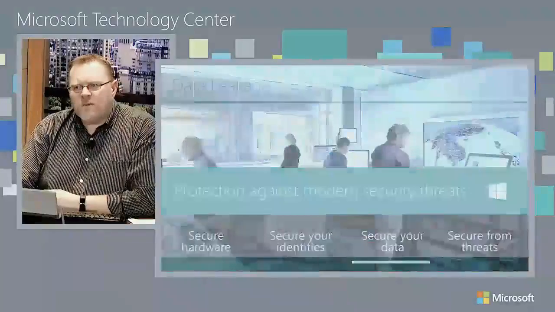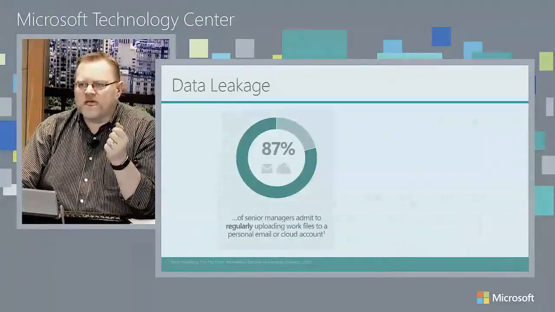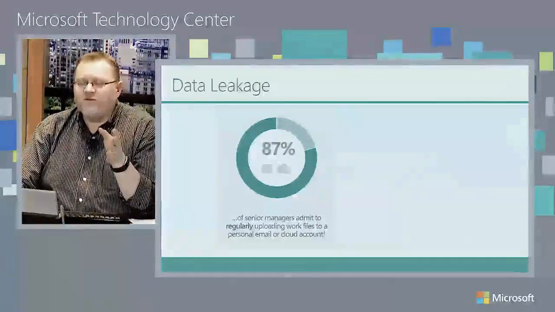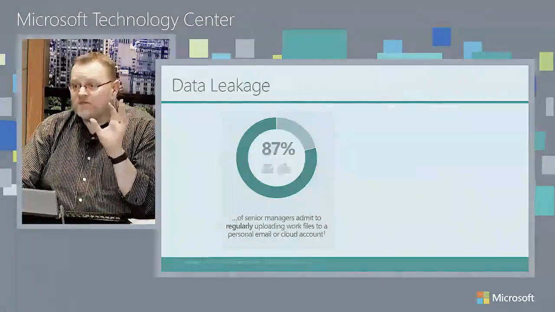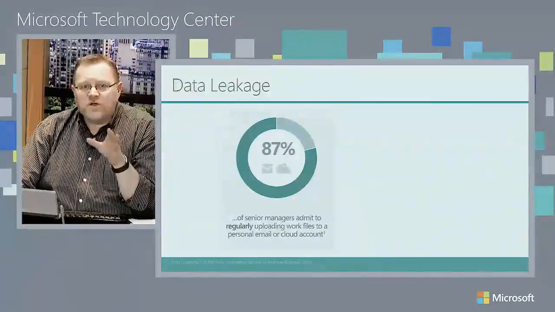So what we want to do now is turn and start to have a look at how we secure your data. To this end, this is where Microsoft has invested in a technology called Windows Information Protection. Windows Information Protection is about managing data leakage inside of an organization. So often we've seen senior managers, let alone staff, admitting to uploading work files using a personal account. I want to work on this at home, so I email it to my private email address. Absolutely something that you should not do, but we know that people do that.